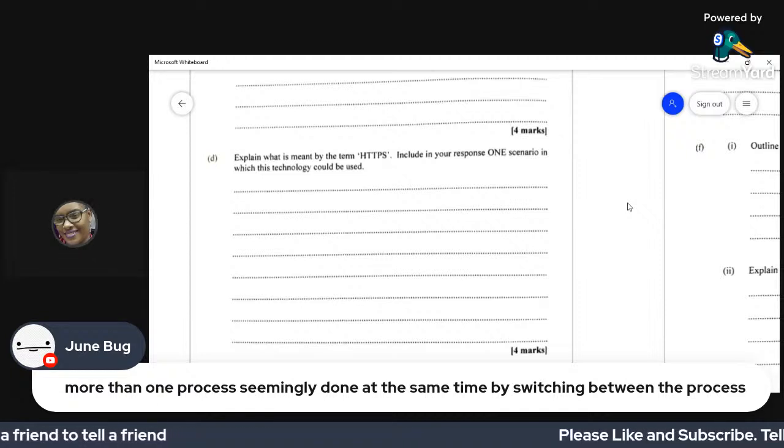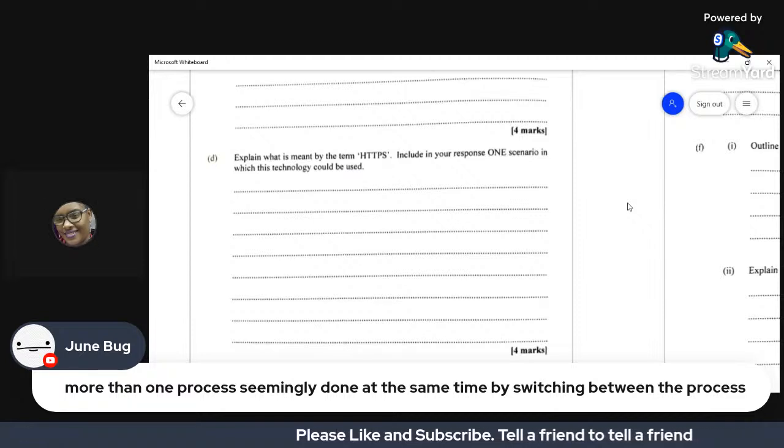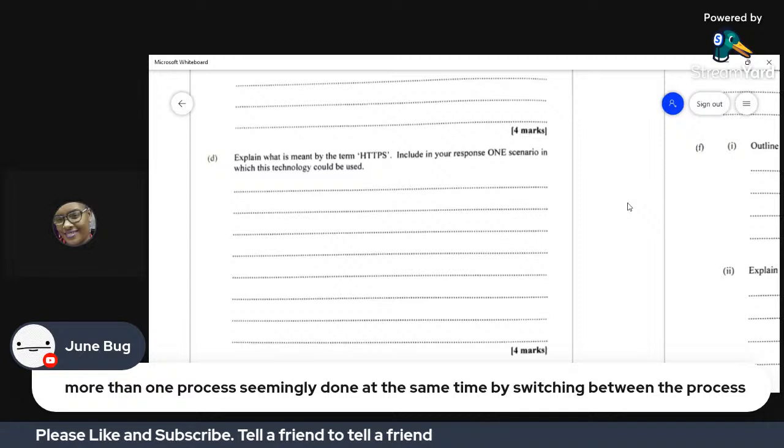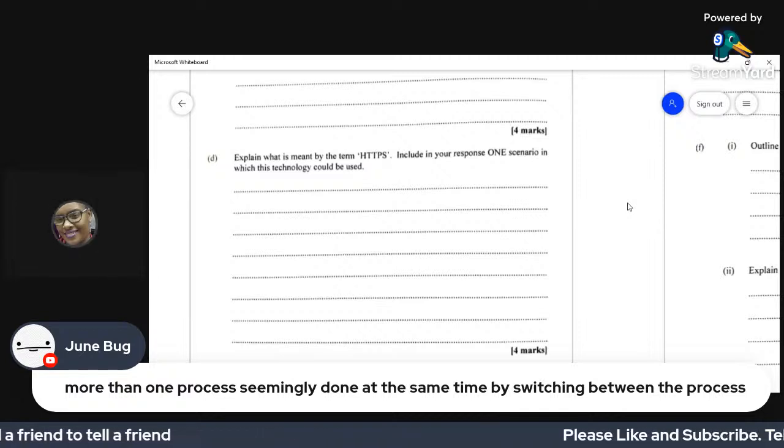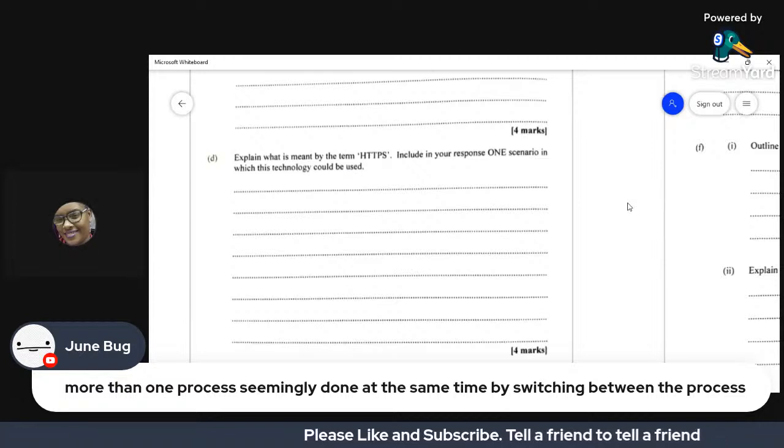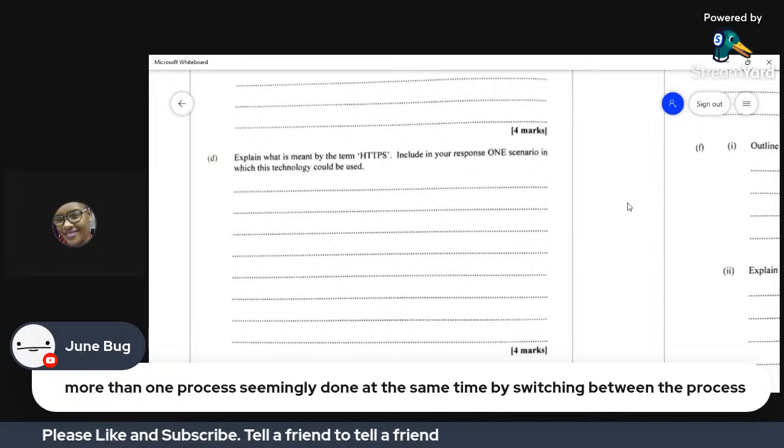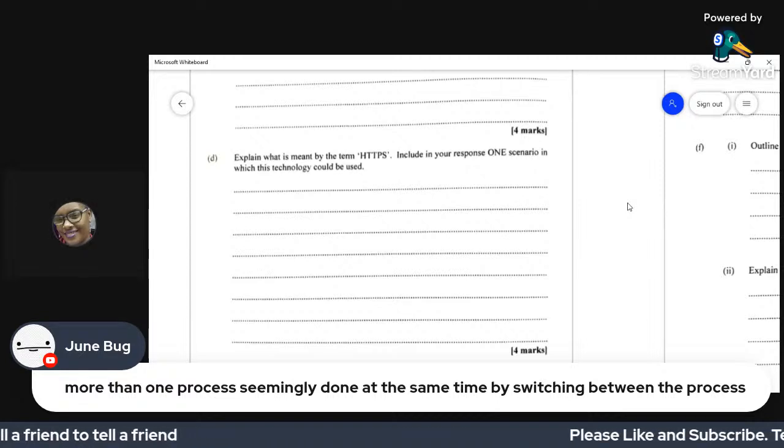So you know now that when you go onto the internet, you'll see this little padlock to the left of where you would enter the URL. So that particular service, the more secure one, would be HTTPS, while HTTP would be the regular one. The more secure one will give you certain features to say that this particular site is authentic.